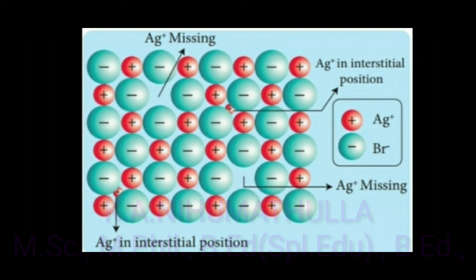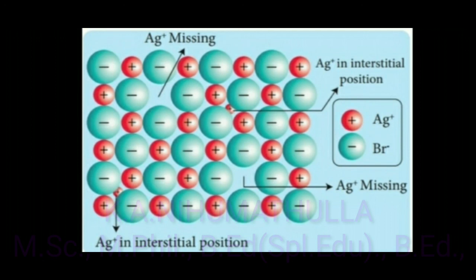What about in the case of Schottky defect? The cation and anion are of almost similar size in Schottky defect, but here the cation is very much smaller when compared with the anion. You know, the smaller cation can occupy the holes, that means voids between the ions, not the bigger ion. Only smaller ions occupy the interstitial position.